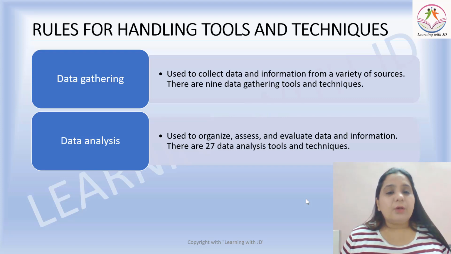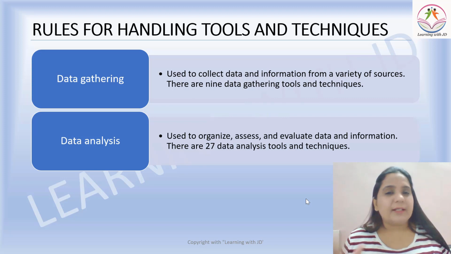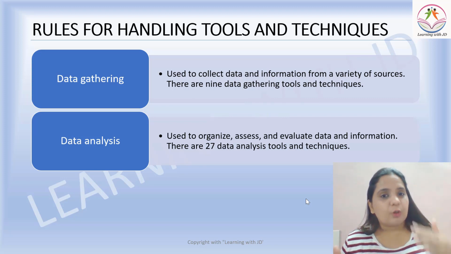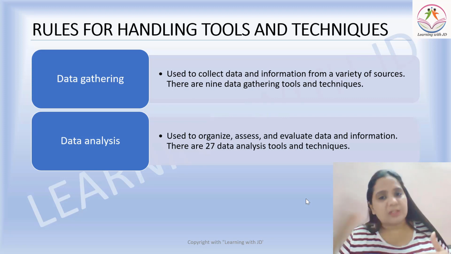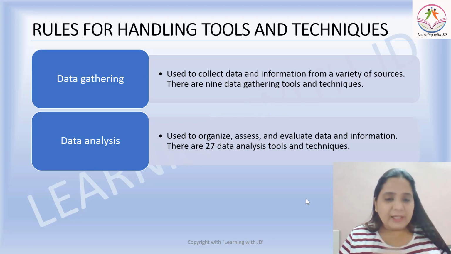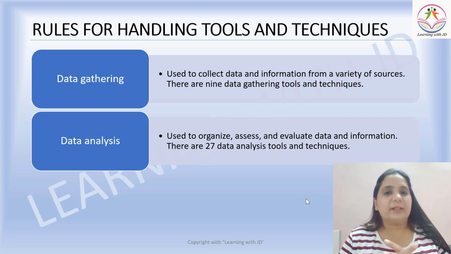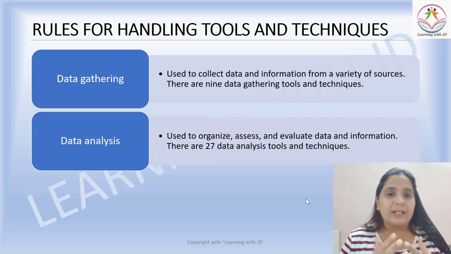Data gathering. Now you will hear data gathering at n number of processes. What is the activity of that tool and technique? So guys, do you understand what a tool and technique is? We've spoken about what an input and output is. Input is a document that you need to create another document, which is an output. And the way you create your output is nothing but the tool and technique. You may do data gathering, you may do data analysis, you may use some manual techniques, you may use some appropriate system related techniques.